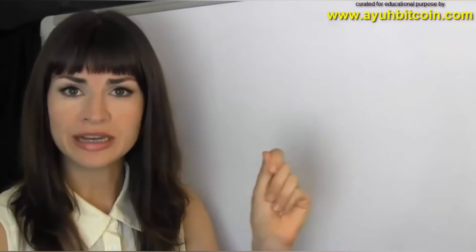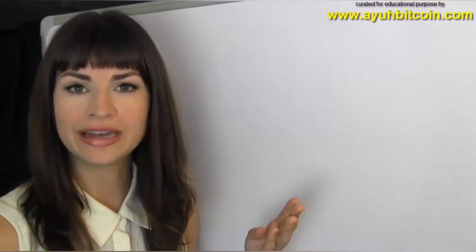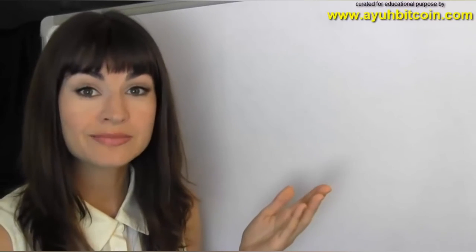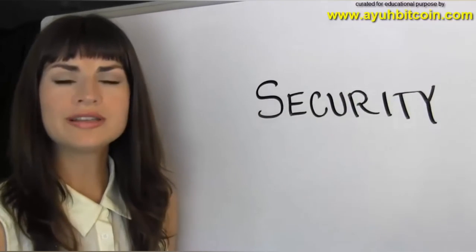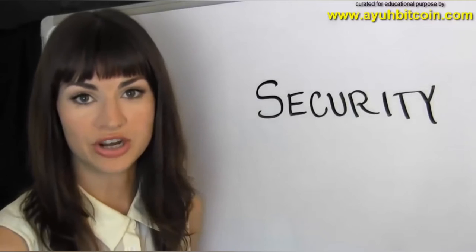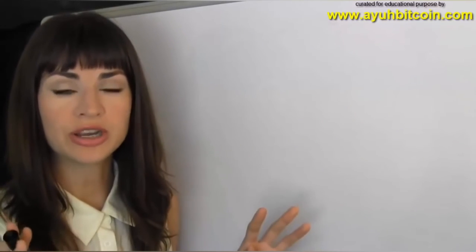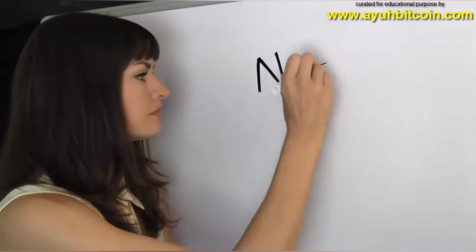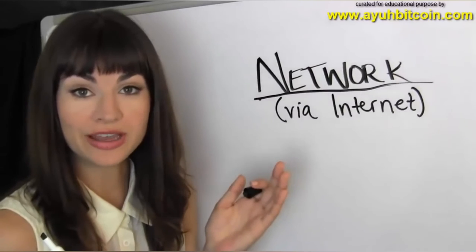We ended with the questions, who gets to make updated entries into our e-money ledger? When do they get to make them? And why should anybody trust that the updates that they make are accurate? And all of those questions can really be summed up under one heading. Security. What is the security model of a blockchain? To understand that, we first need to conceptualize how a blockchain is run to begin with. And that is via a network, using the internet.